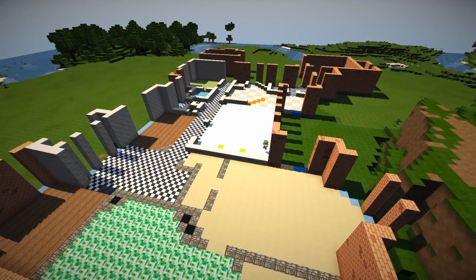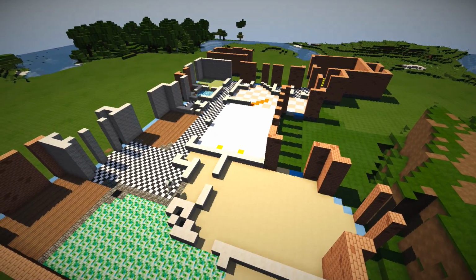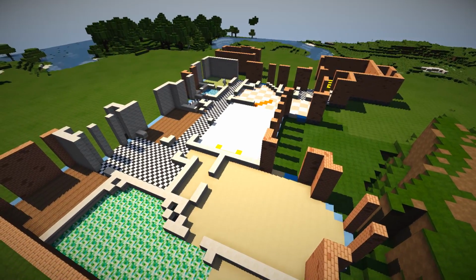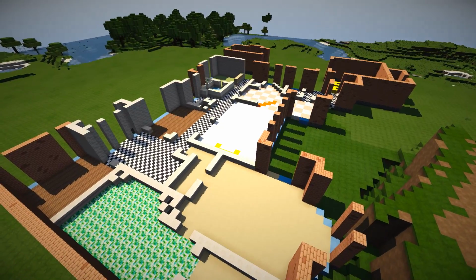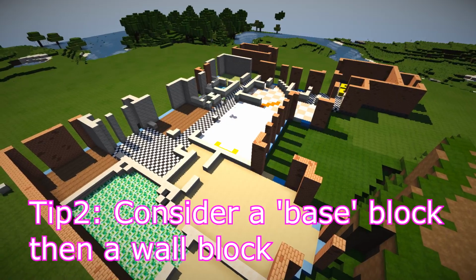And now I'm on to the inside walls. Oh, by the way, I built those walls up 6 bricks high on top of the foundation, 6 bricks high. So the inside walls, what tips could I give for the inside walls? I would say tip 2 here would be